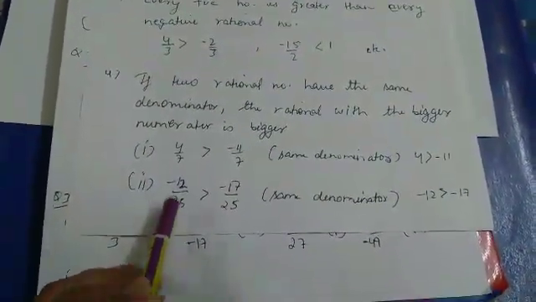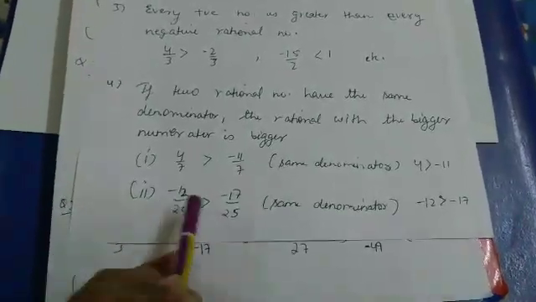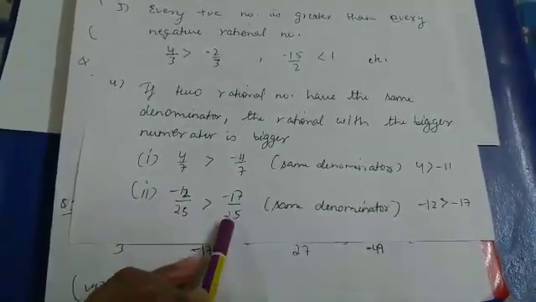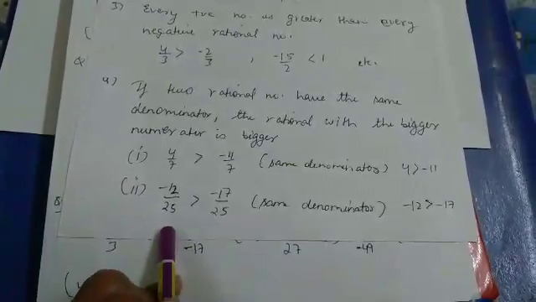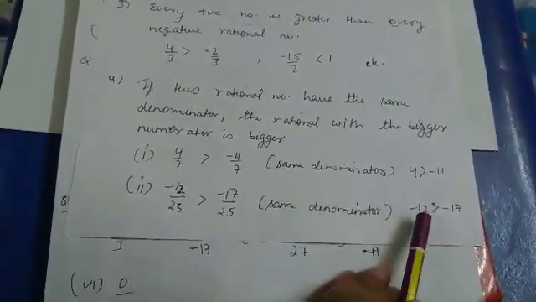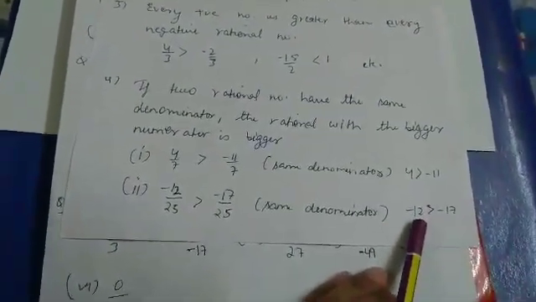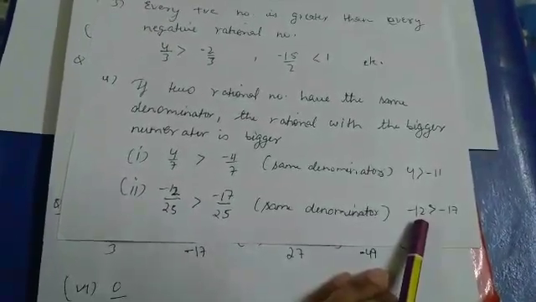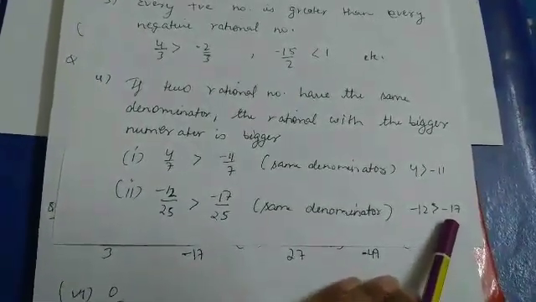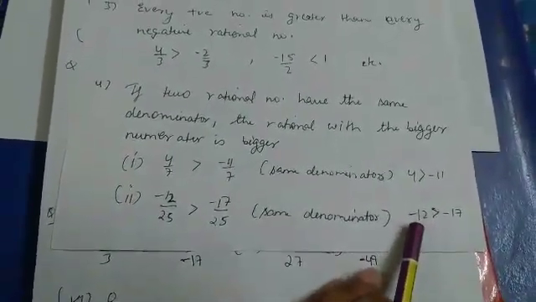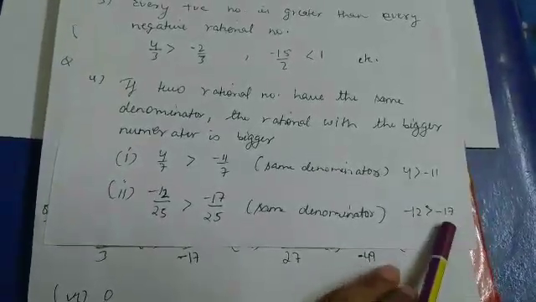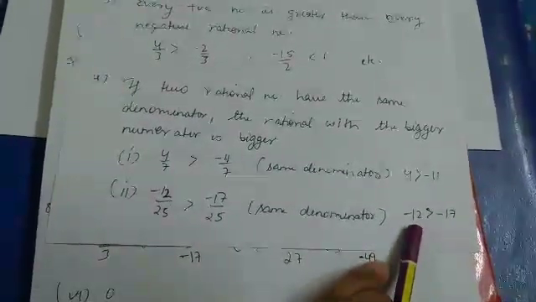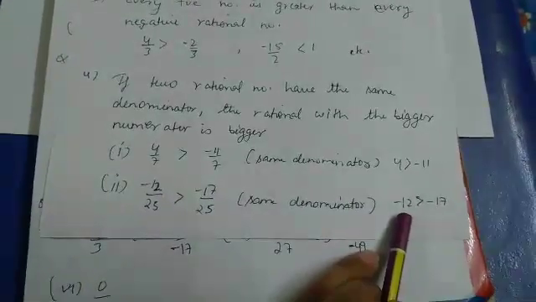-11/7. Next example, -12/25, -17/25. Both are having the same denominator. So we will compare the numerators. Here -12 is greater than -17. Both are having the negative sign. Then the smaller number with the negative sign is greater. Now next is